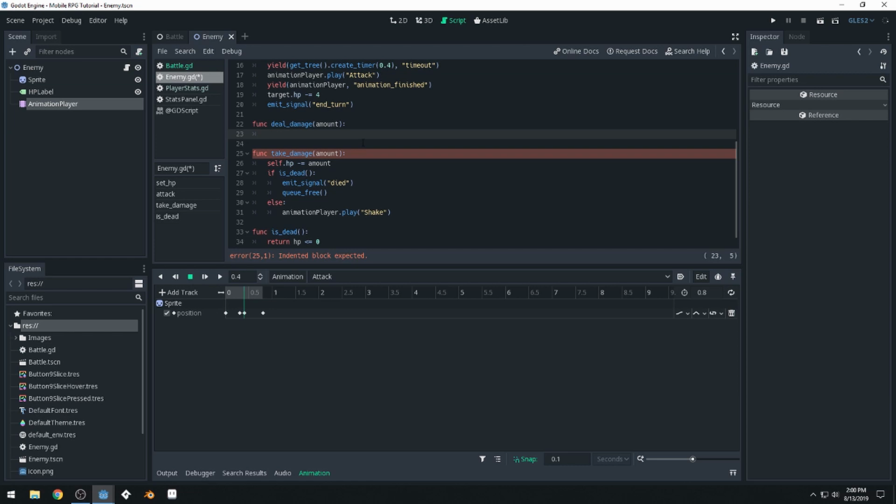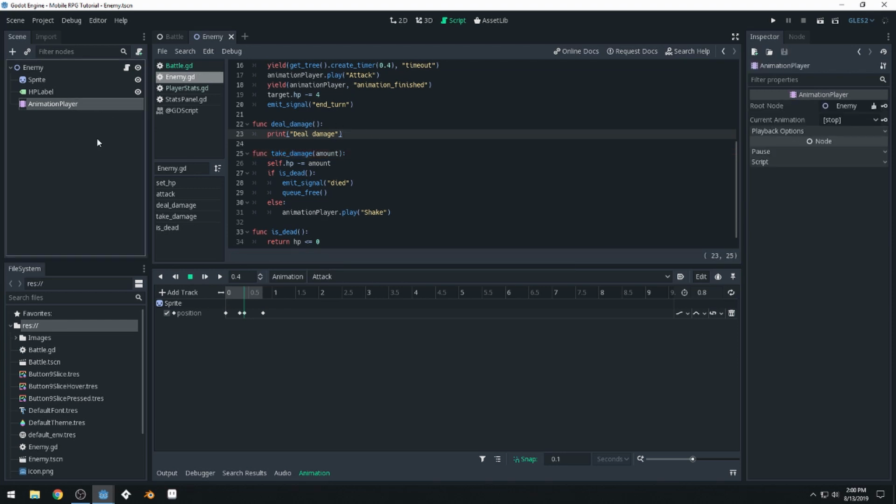For now, let's just have it print something. So let's not pass in an amount. We'll just have it print something here. So we'll say print deal damage. This is where we want to deal damage. So we'll create this function, and then we'll come into our animation player, and up here you can